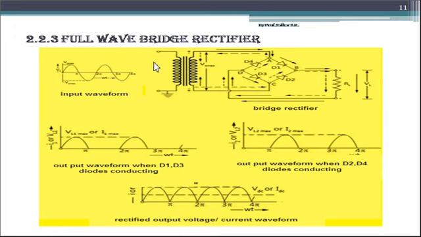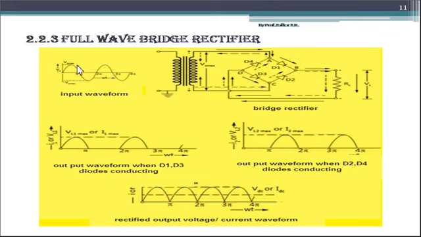Now we will see how the diodes react to the input AC signal. Here you can see there is a plus minus sign, and here also minus plus, meaning during the traveling of this AC signal, initially this point becomes positive with respect to this point, and during the traveling of the negative half cycle of this waveform, the lower point becomes positive with respect to the upper point, that is the upper point becomes negative. Now we will divide the operation of this circuit into two halves, that is positive half cycle and negative half cycle. So we will see what happens during the positive half cycle of the input AC signal.